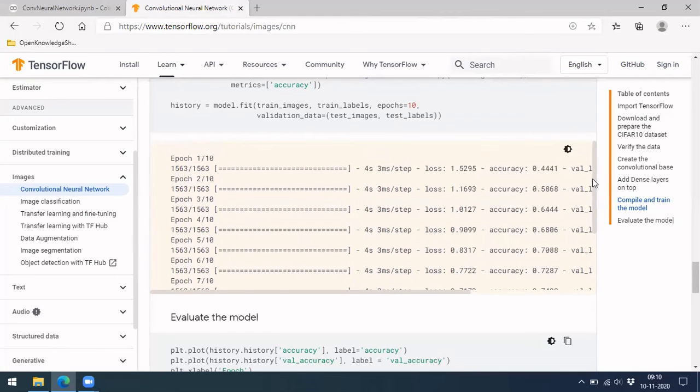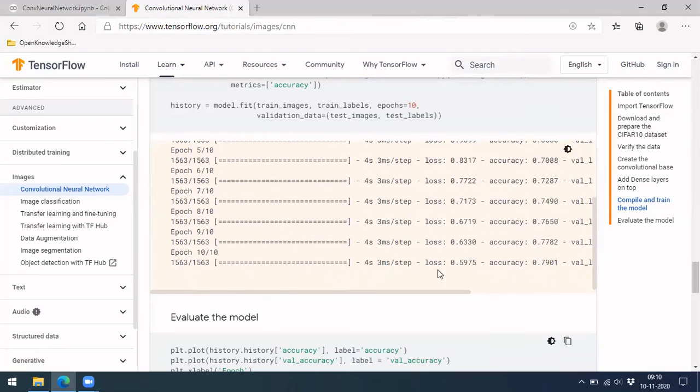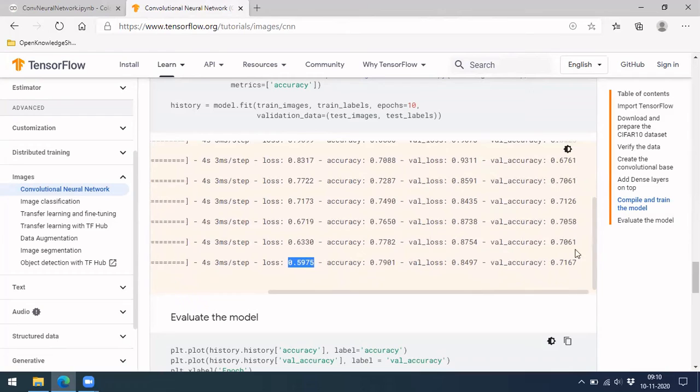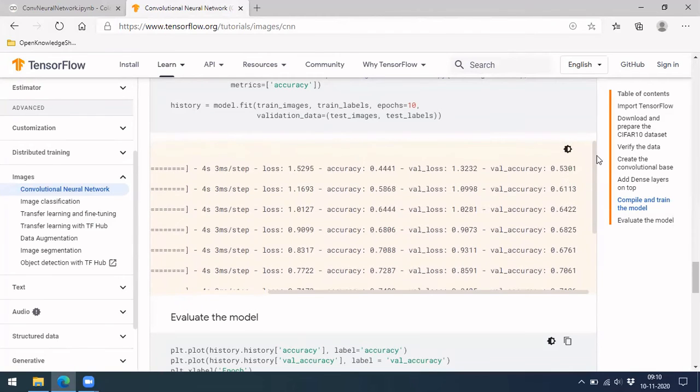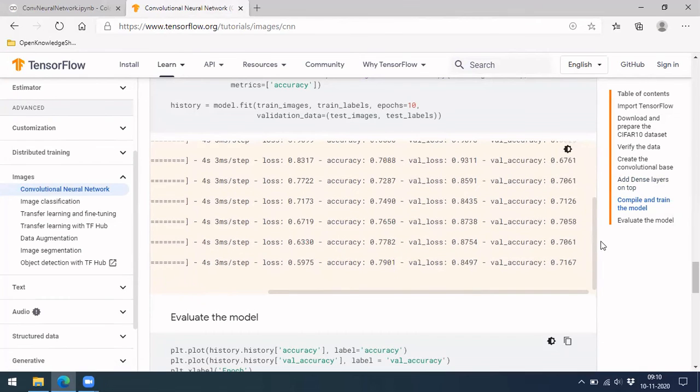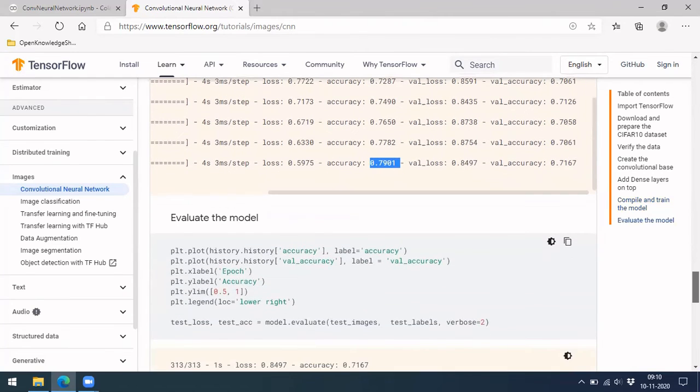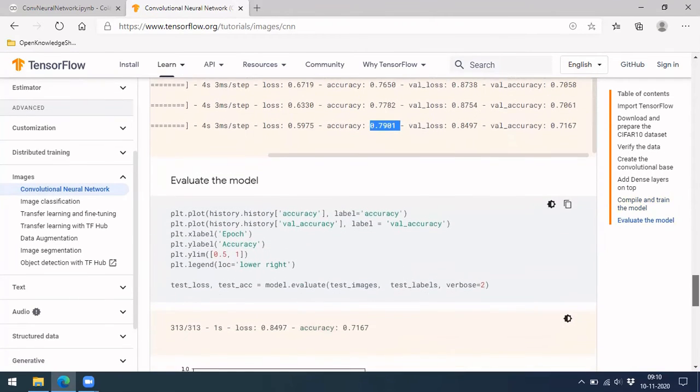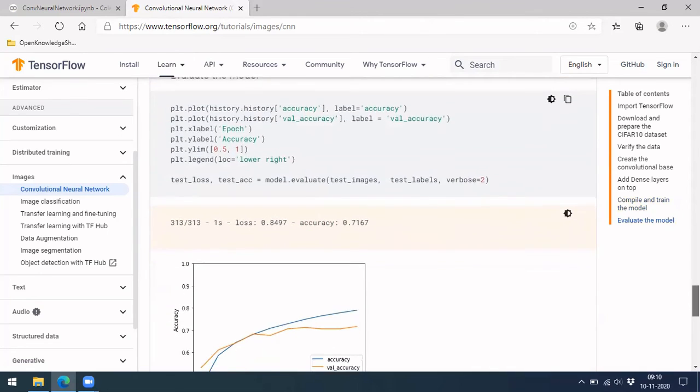You can observe the loss is moving from 1.5 to 0.59, so the training loss has decreased. Let's also see whether the same thing happens for validation loss. On the test set, from 1.3 it has decreased to 0.84. It is also decreased, but there is a gap between these two, right? And you can also see the accuracies here. It is 70% accurate, because the data is not so clear, so the accuracy will be slightly less.